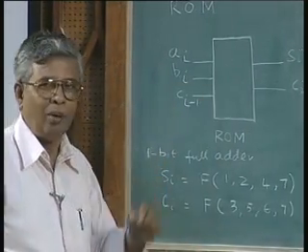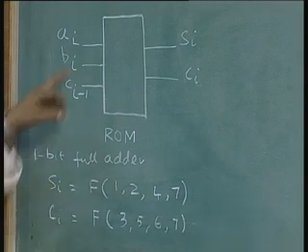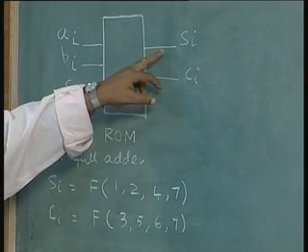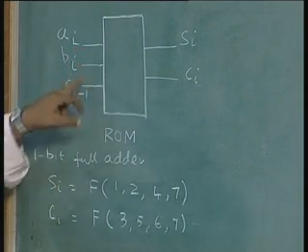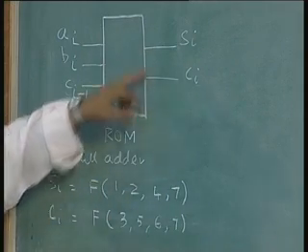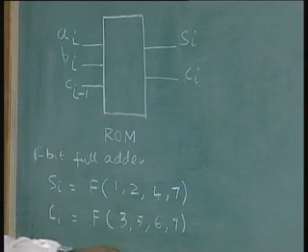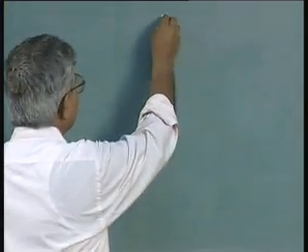What is inside this ROM? After all, how do you generate these minterms? By combinations of A, B and C, and how do you generate the output? Output is by combining the minterms. So, you need an AND gate array in order to combine A, B and C in different ways to get the different minterms, and an OR gate array in order to combine the different minterms to form the output. So, basically it will consist of an AND array